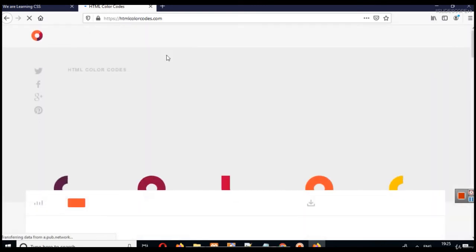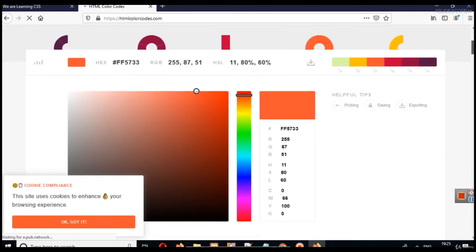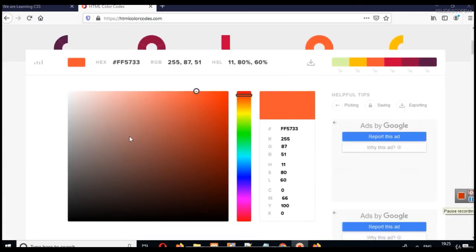On HTML color codes, you can see here is a color picker, and in this color picker you can mix various colors. So let's say we want to make our background of this color. You can select it, and you can see a hexadecimal code here.